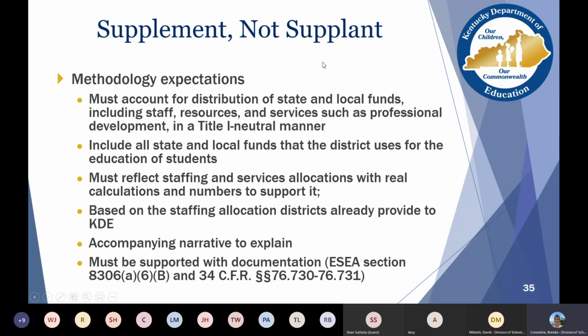So the methodology expectations are that you must account for that distribution of state and local funds, including staff, resources, and services such as professional development, in a Title I neutral manner. You've got to include all state and local funds that the district uses for the education of students. You have to reflect your staffing and services allocations with real calculations and numbers to support it.